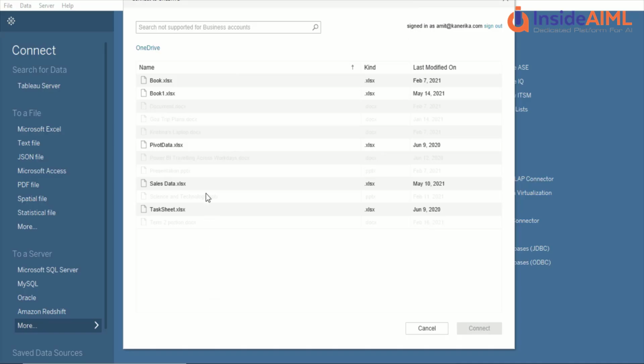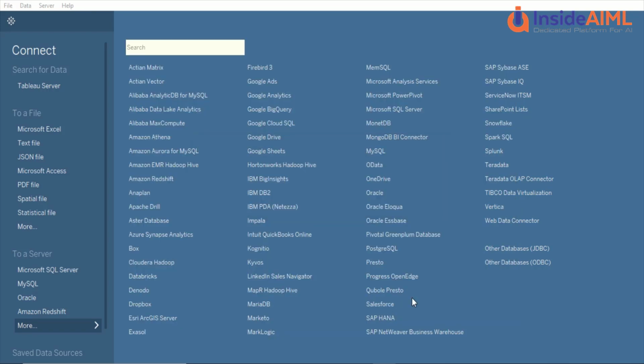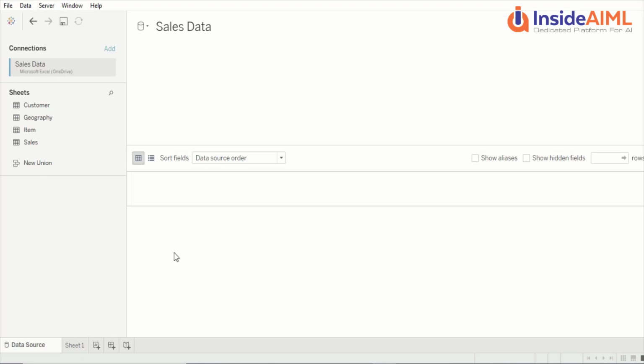So now in Tableau, it is showing me what kind of files I have, and this is one of the files which I wanted to take here. So I can click on this and see what all content it has. Okay. So I got these files, and now I can drag and drop and create relationships with those and analyze that data. Those all we can do. So let me quickly click on the geography and see what all data it brings for us.